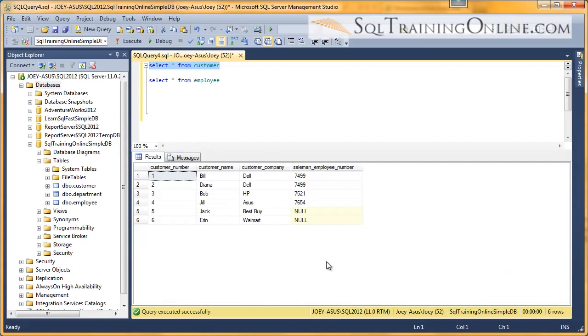Hey, Joy Blue here, and I want to tell you about the right outer join. It's just a little bit of a variation on the left outer join, and we're going to start by looking